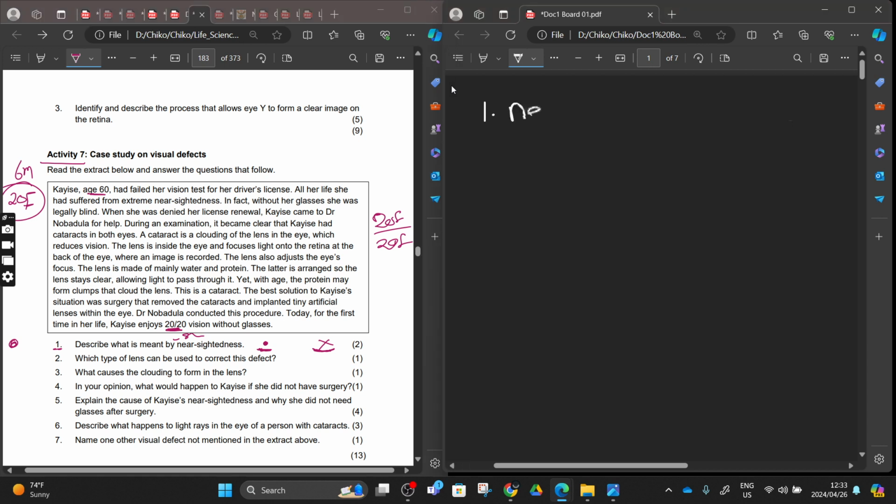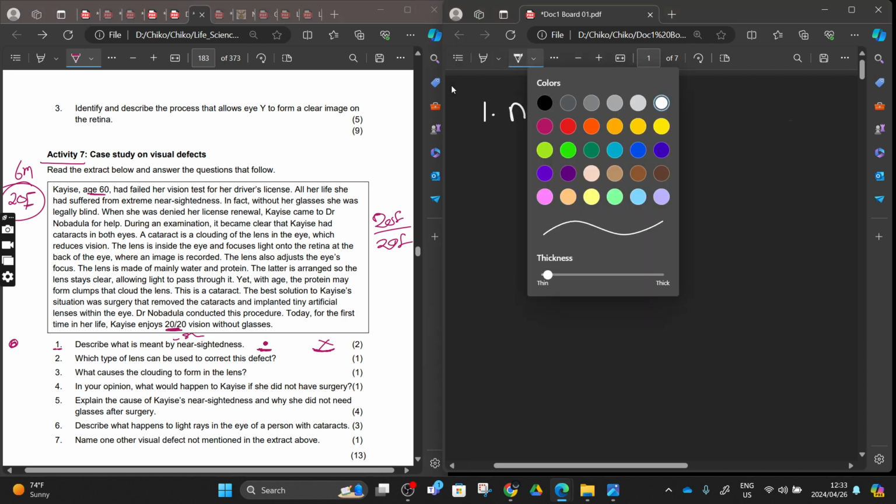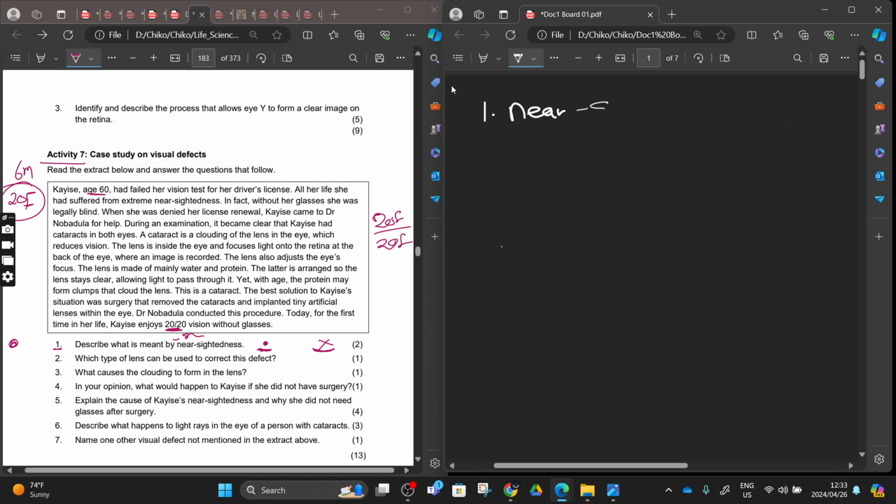So let's write it down. You'll say nearsightedness. Let's talk about what this is. This is the ability, or when the person is able to see, the person is able to see what? A near object, from the near, near objects,